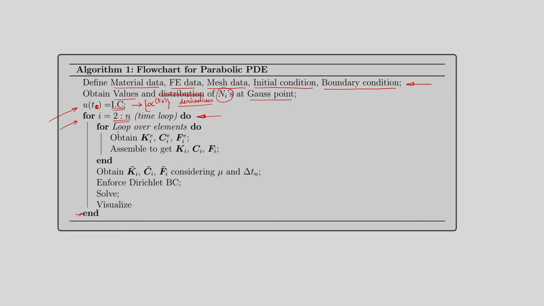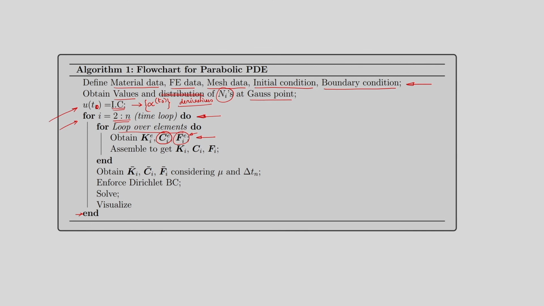Then what we will do, we will loop over all the elements. So, this is the procedure that we have already done. So, we will loop over all the elements, we will calculate the element stiffness matrix, the contribution of the elements onto the C matrix, this is the new part that we have to calculate, and we also have to calculate the force vector term, okay, contributed by each of the elements. That will arise because of the heat generation term in each of the elements and the Neumann boundary term. If any of the edges of a given element is coinciding with the Neumann boundary, then we have to integrate over that boundary, and that contribution will be added to the element force term.